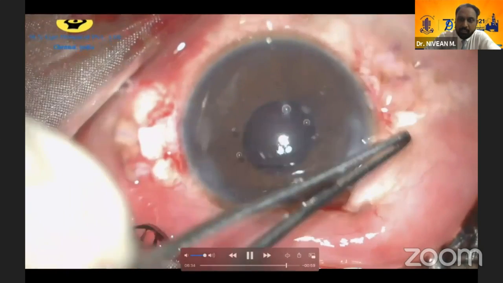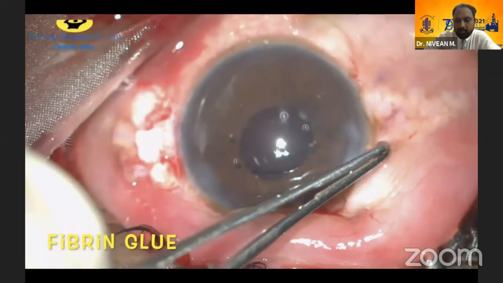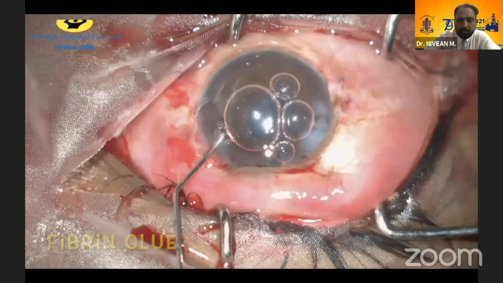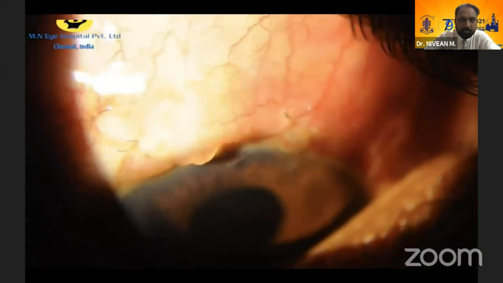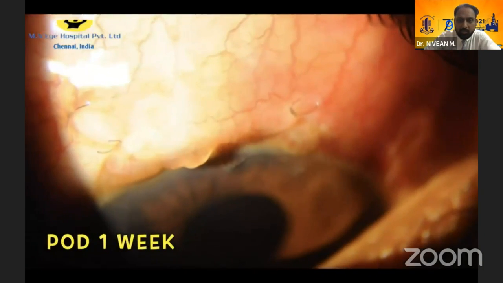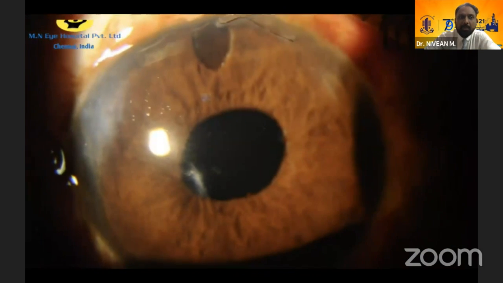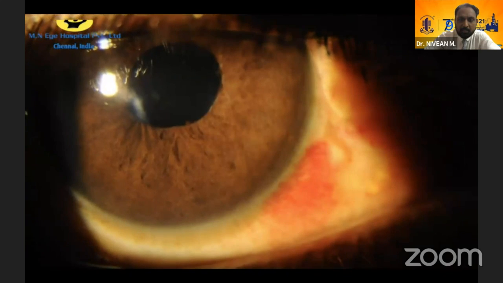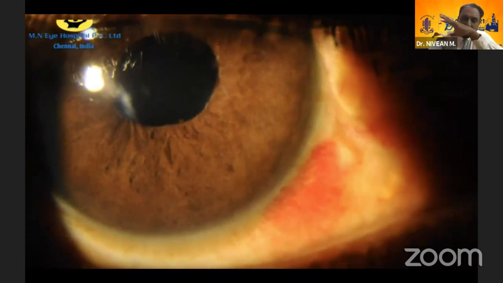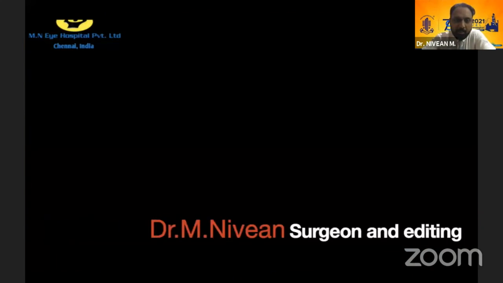At the end of the surgery, we are just gluing the scleral and the conjunctival flaps and letting in some air bubble because the trab was done superiorly. This was the day 1 and week 1 picture. You can see a good filtering bleb, and also a well-centered clear cornea, and it is situated at such an angle that even when you have good dilatation, it does not rub against the iris.